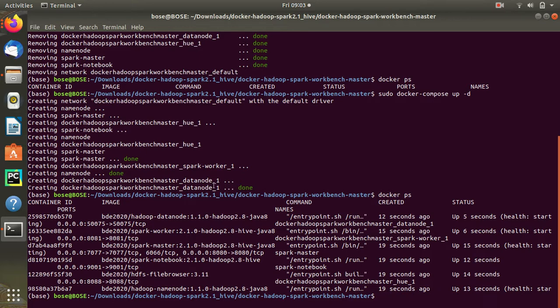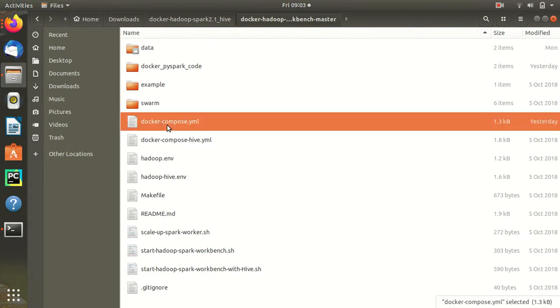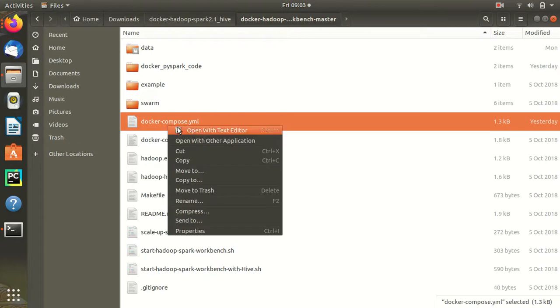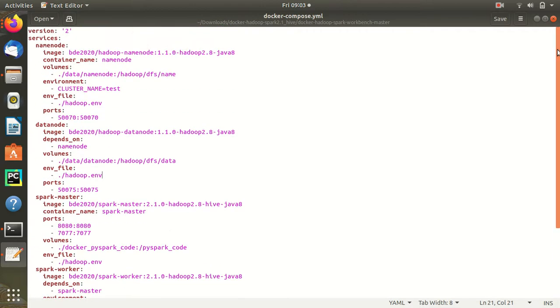Next we will progress towards the environment setup, as in how we can run PySpark. Before we start that, I want to say something regarding these Docker containers. If you have downloaded the file, you would have seen all these come to your machine. One of the files is docker yml. Yml is nothing but XML files only. It's not exactly XML format, but it is near to that. Once we go there, we can see many things.